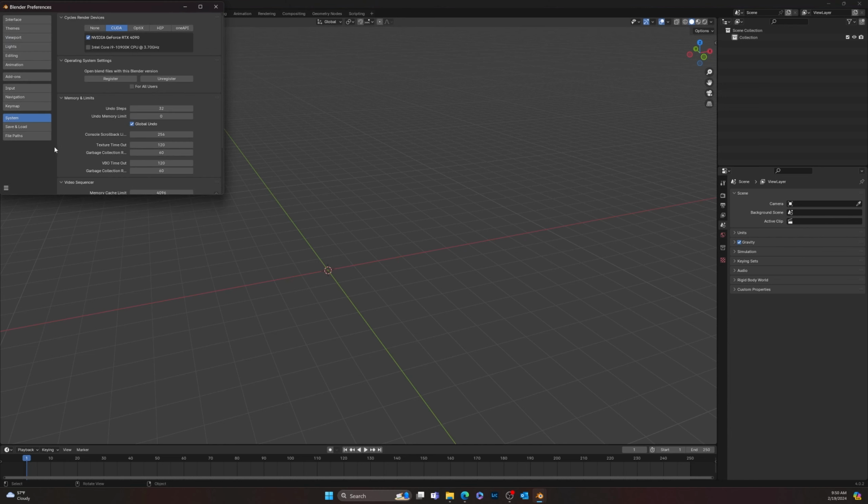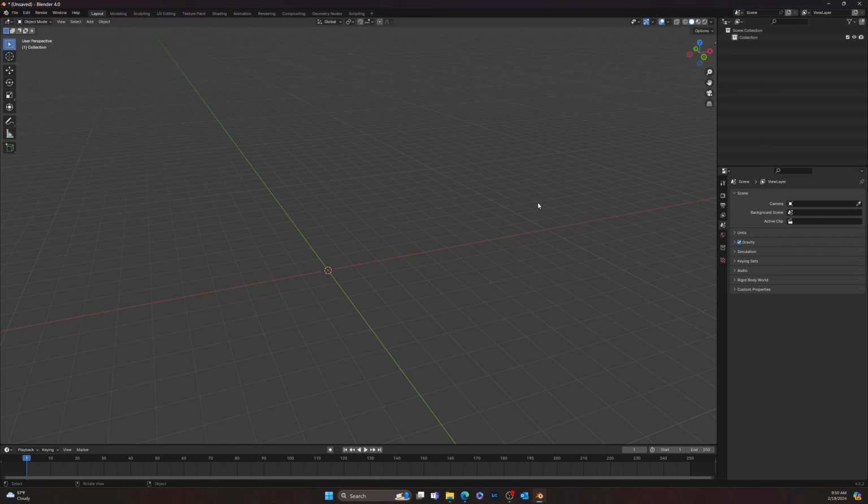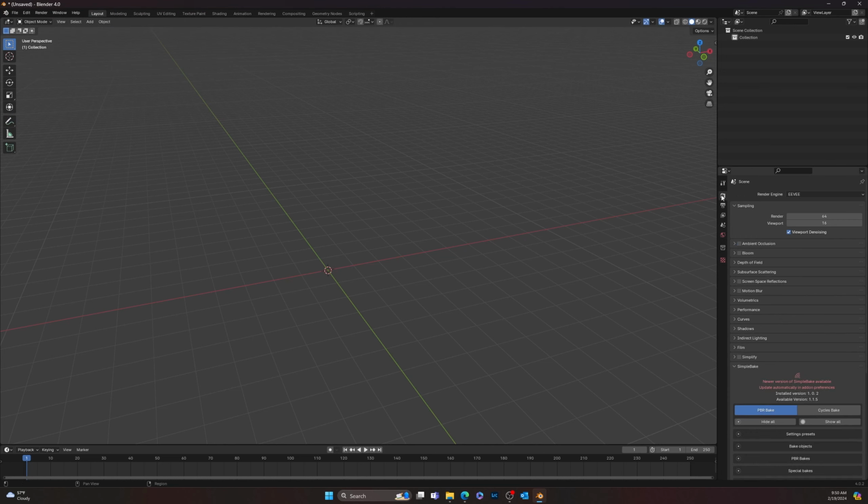And you want to make sure your system tab here has your graphics processor selected. If you have graphics capabilities, make sure it's selected here. Otherwise, you're not going to have as quick of a real-time ray tracing rendering as you would otherwise. So that's probably the most important thing. Make sure your system is set up with your graphics card here. And then every time you want to check to make sure you are using Cycles, not